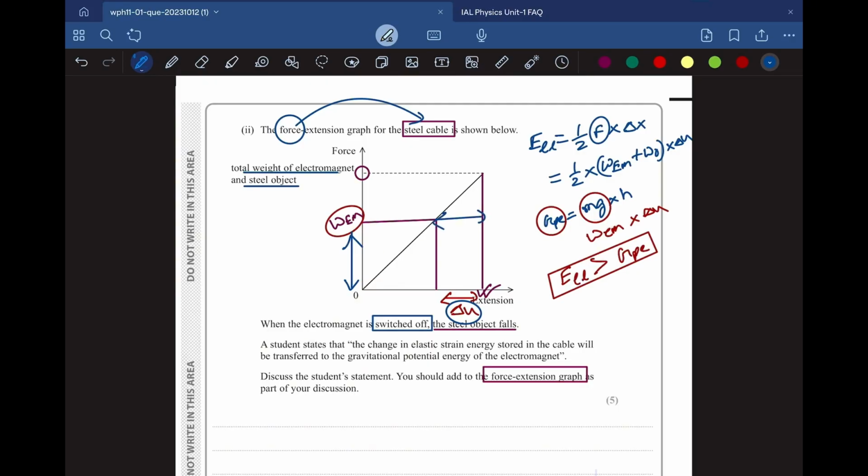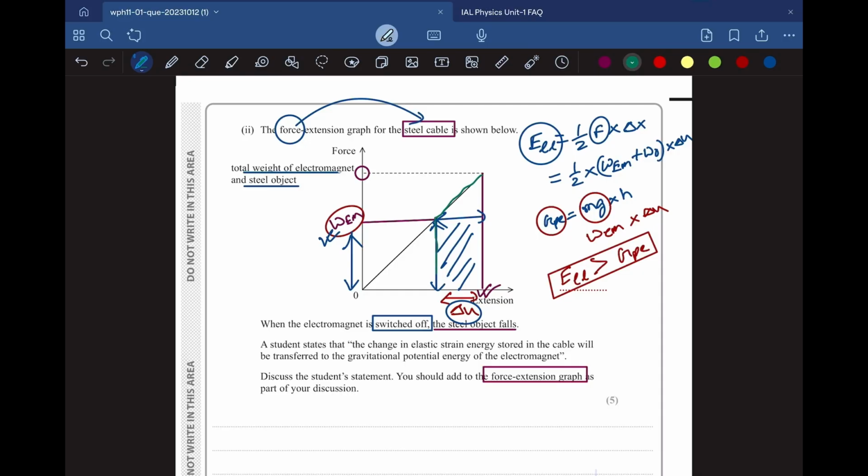This is the delta x and this is the weight of the electromagnet. So this is a rectangle, right? This is the rectangle. So basically this is going to be our GPE. And our elastic strain energy is going to be both the weight of the electromagnet and the steel object. So basically this whole